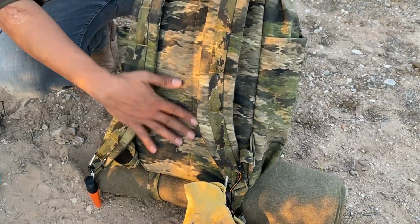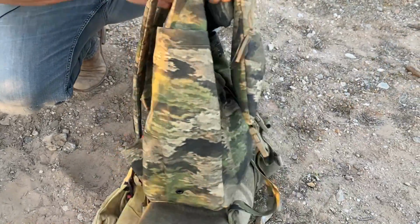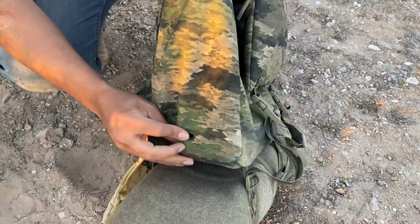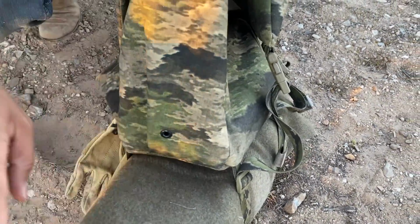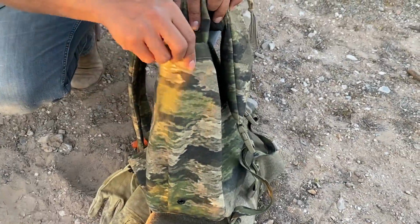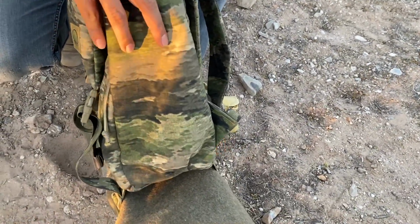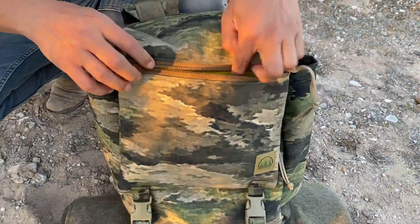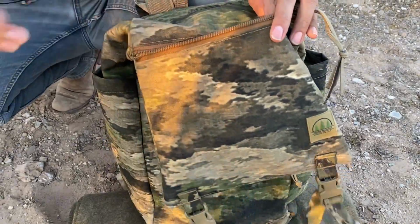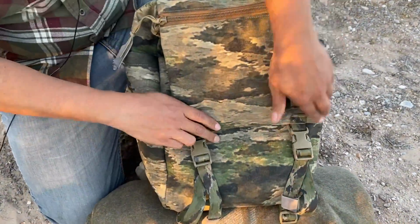The back is also padded for comfort, and there's 2 slim pockets on the side with a grommet, so in case it's really wet in a heavy downpour, it's going to help empty out whatever moisture gets in there. So one on this side, one on this side. There's a pouch up here on the main lid. I like to call this my glove compartment. And there's actually a secondary pouch